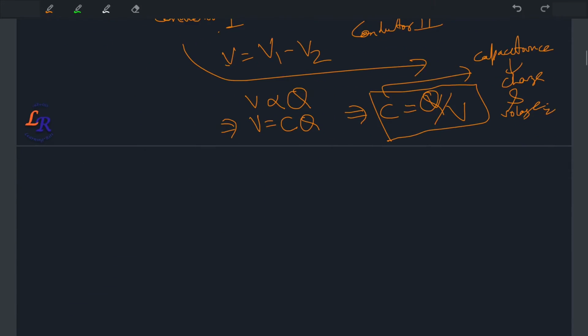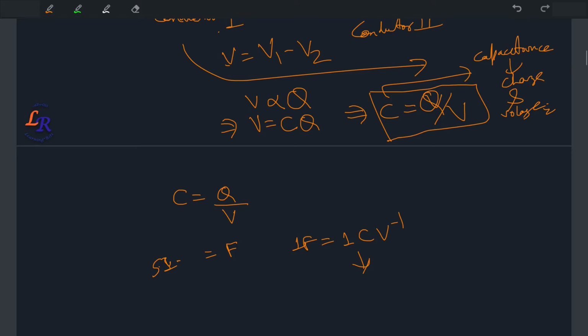Okay, so till now what we understood is that capacitance is the proportionality constant between charge and voltage between the two plates, where Q is the charge on one of the metal conductors of the capacitor. And the SI unit of capacitance is the farad, right? So 1 farad means 1 coulomb per volt,